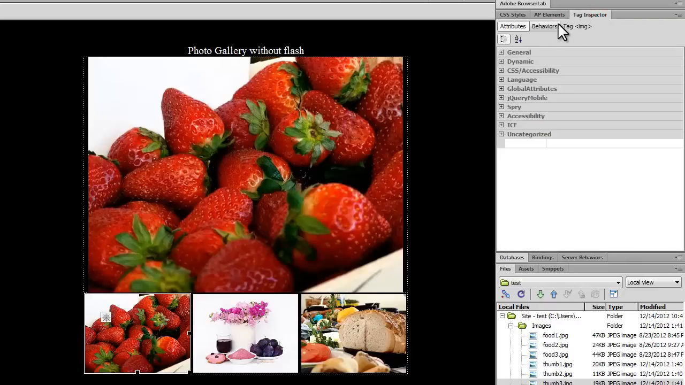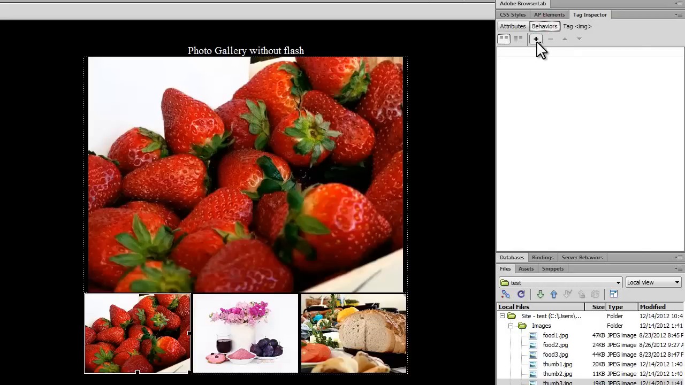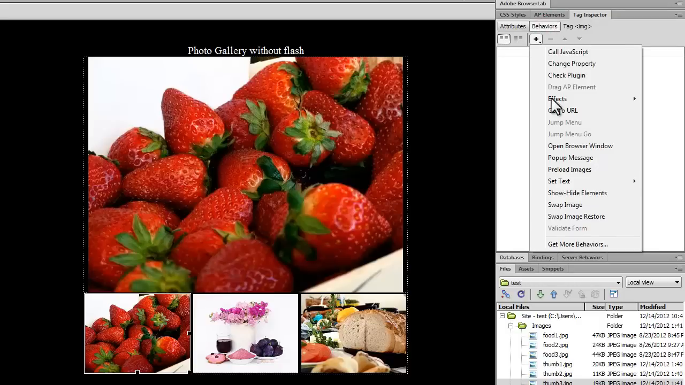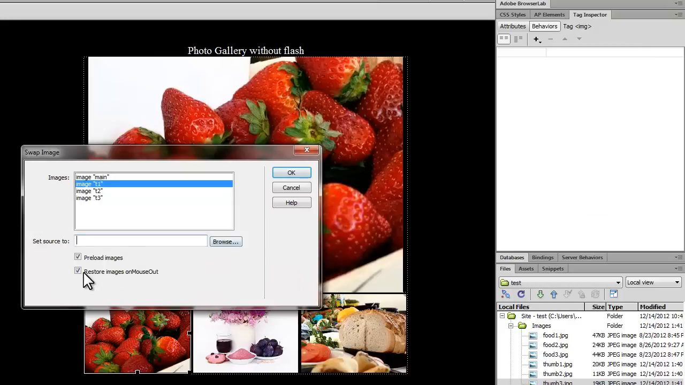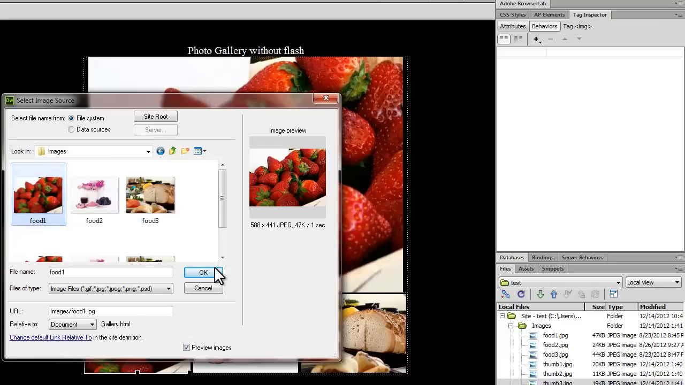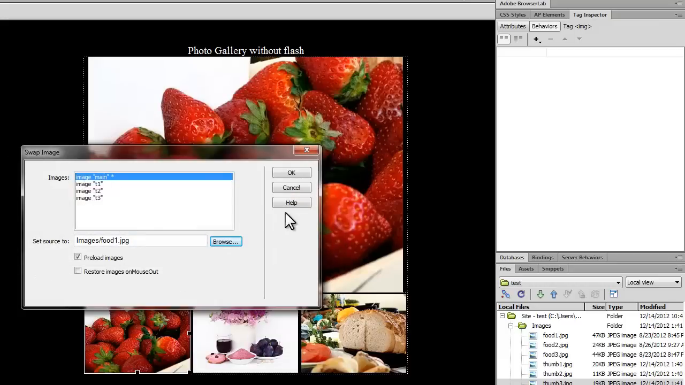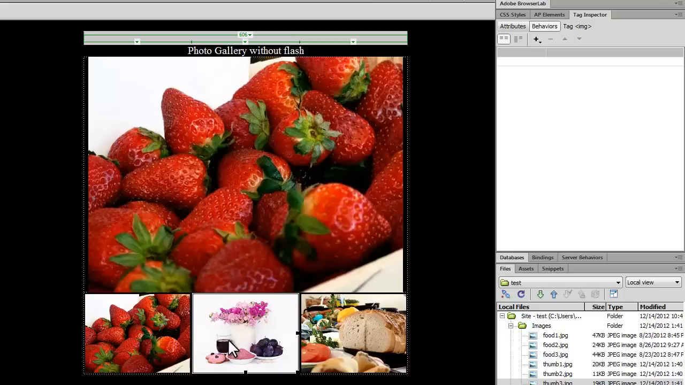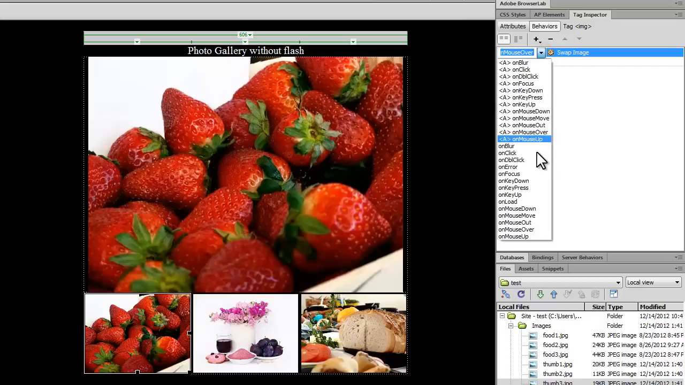Next up, let me click on the very first thumb. Let me go to tag inspector, behaviors, add a behavior, to, let's say, swap image. Make sure this option is set off, and restore images on mouse out is checked off. So when somebody clicks on T1, that's thumb 1, I want the main image to be swapped by itself. So inside the images, I'm going to select the main bigger corresponding image. So basically do nothing. But if somebody clicks on T2 or the second thumb, then okay, let me go back to thumb 1,